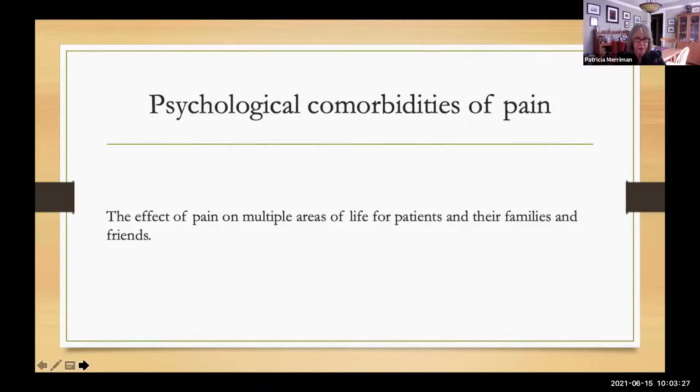If we talk about comorbidities, how does pain, and especially chronic pain, affect an individual's life, and not just because of the pain, but it does affect interventions or relationships with their family members. Friends tend to shy away from people who are in pain. Oftentimes our pain patients are not able to work. We have a lot of patients who are on disability or have workers' compensation claims, and that's a whole other source of stress.